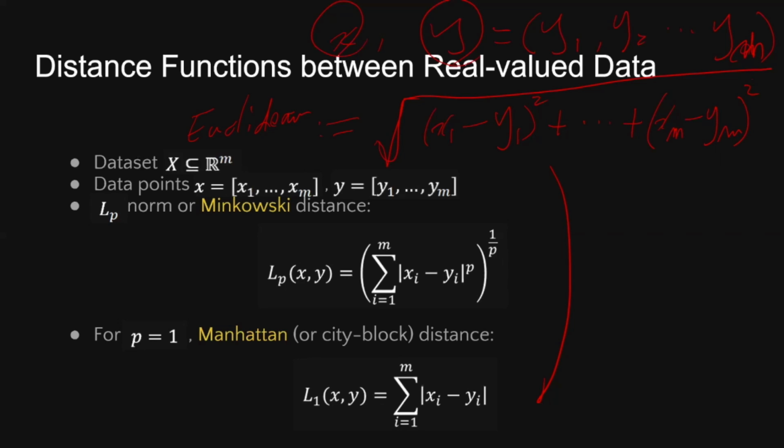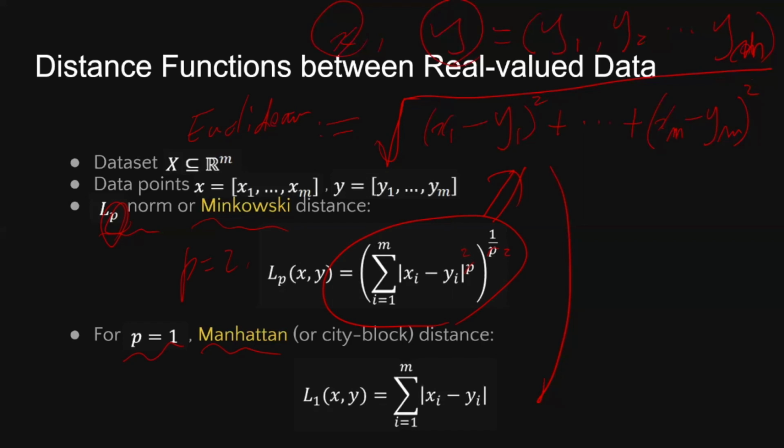Now, what is called the LP norm, or Minkowski distance, is a generalization of Euclidean distance, okay? So P over here is the parameter. When P equals 2, this becomes a Euclidean distance. So simply substitute P with 2. You'll realize this is exactly the same formula as the one that I just wrote down, the Euclidean distance formula. When P equals 1, it is called a Manhattan distance. When P equals 1, then the square root part goes away, and it becomes just an absolute difference